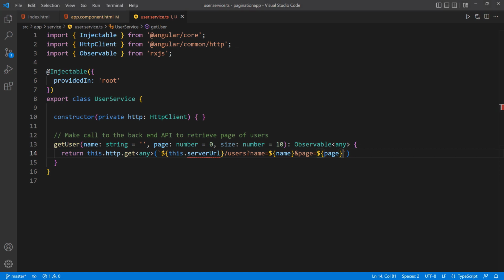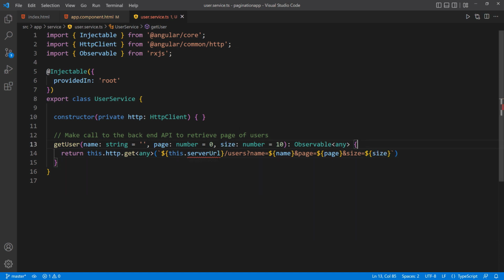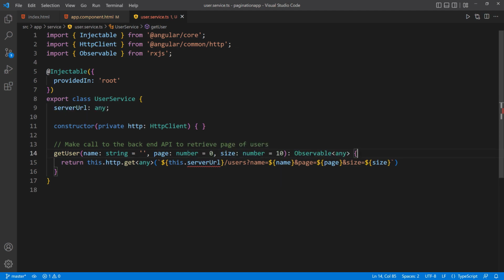And then lastly, I'm going to do end. We're going to pass in the size, which is the key. The value is going to be whatever they pass into the function. So $, open and close, and then we're going to pass in the size. So size. So this is how we format our URL so that it can look exactly the way that we want it to look. And then now we just have to define this guy here,